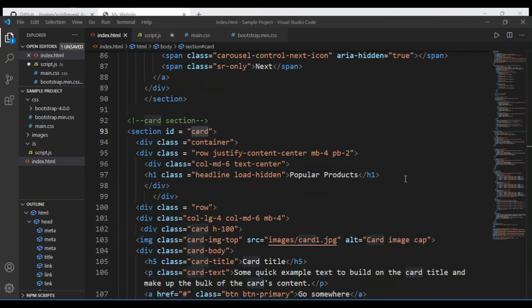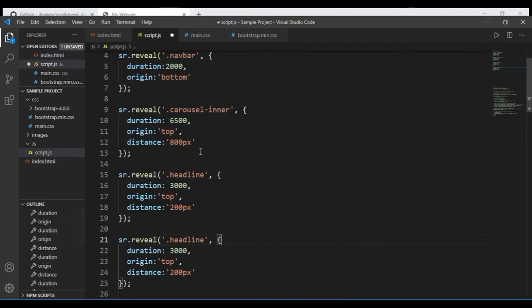sorry, not the ID but the class. So it's not within the section but within the div class. Remember, it's the div class. So where we have this div class here, we're just going to call it the class. So here we're just going to change to the card, and then what we are going to apply it,